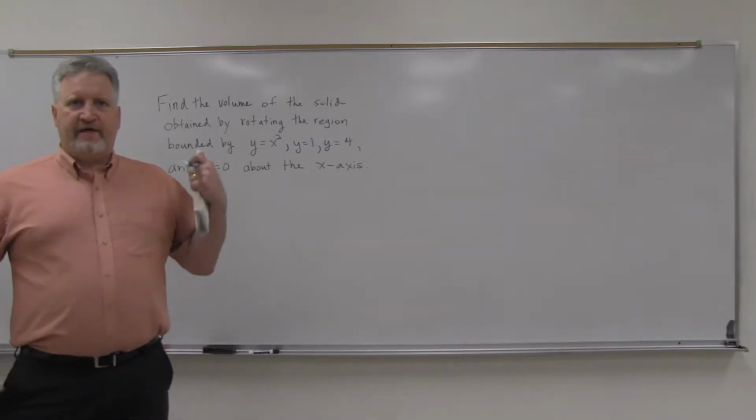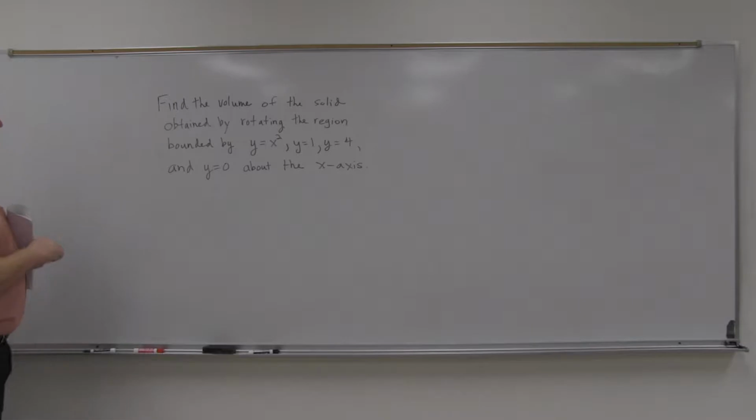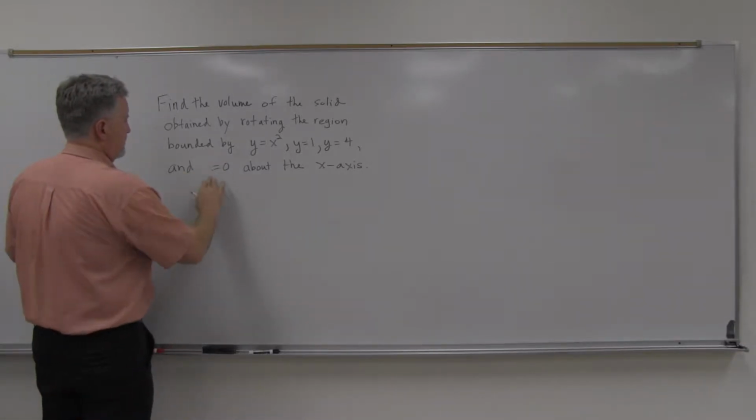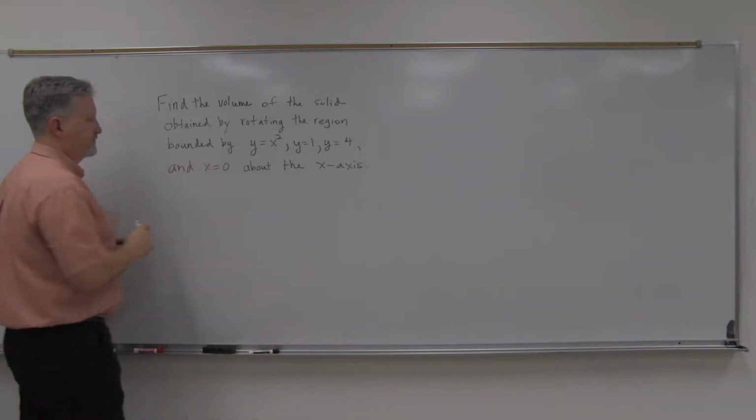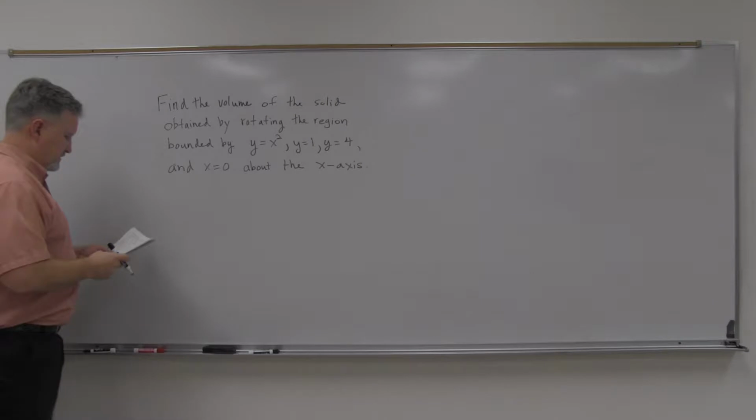Let's next look at this problem. Find the volume of a solid obtained by rotating the region bounded by y equals x squared, y equals 1, y equals 4, y equals 0, x equals 0 about the x-axis. So if I draw that